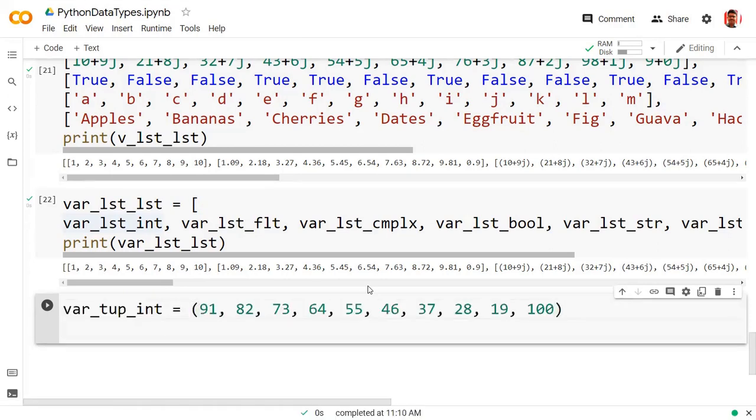Taking an example of tuples, we have square brackets in case of a list. Now we have parentheses in case of a tuple. So we have var underscore tuple of integers.